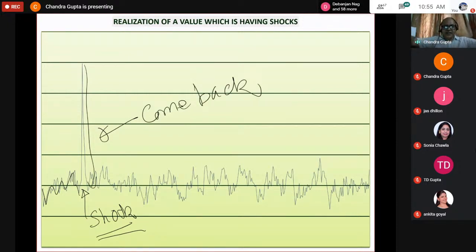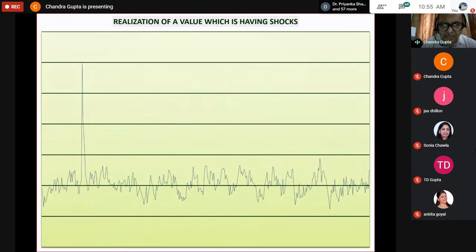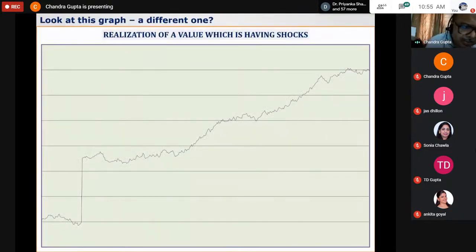And started its own previous path. And this you can appreciate only when you have a graph before you. And what is the implication of it? You start thinking, if there's a shock, it comes back. If there is a shock and it doesn't come back, what will happen? Say, for example, in this case, there's a shock,